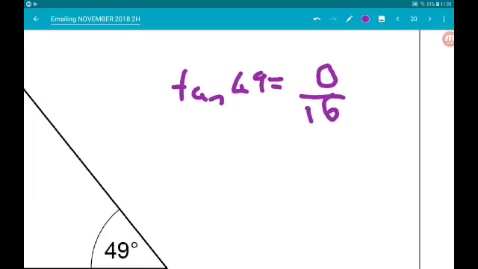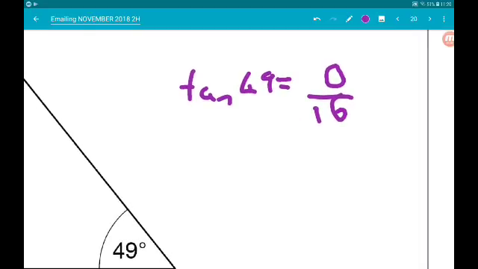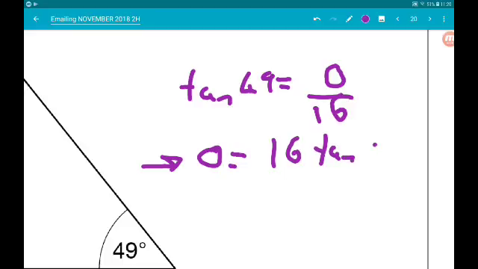So, multiplied through by 16, we get the opposite is equal to 16 tan 49, which is 18.4